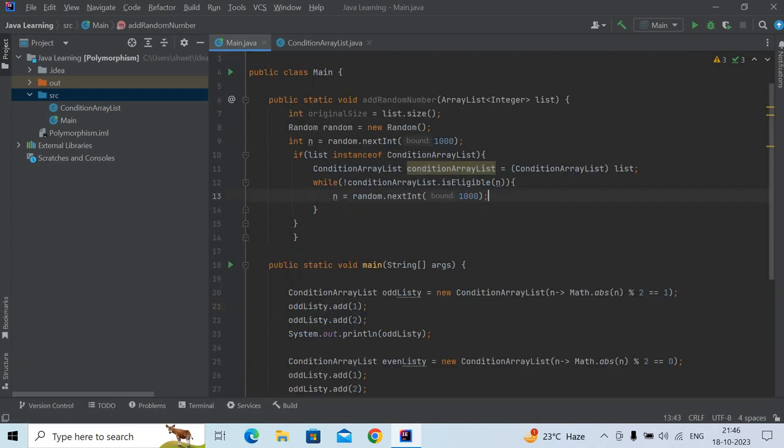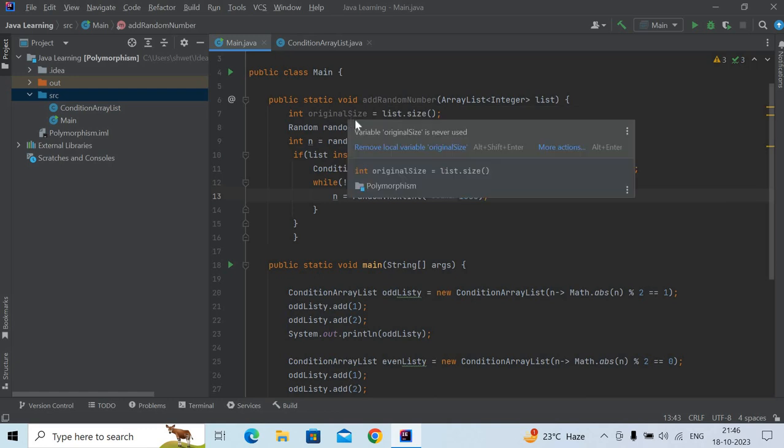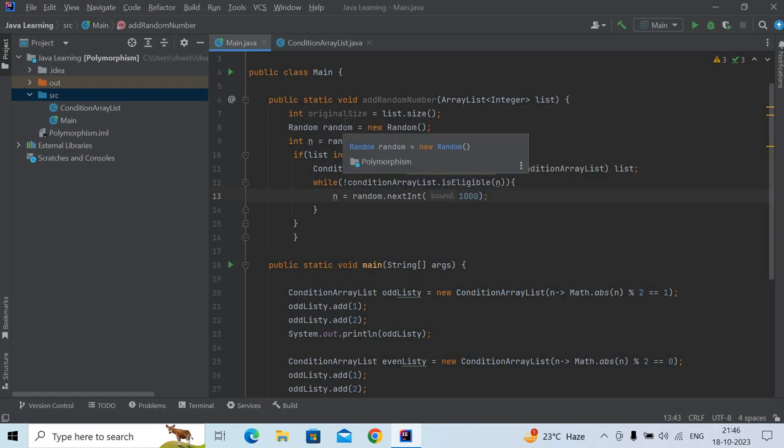Now, sometimes we might want to access a specific form of a given instance if it has a unique behavior. In our add random number function, we use the size of the list in order to determine if a number has been added. What if this method is overridden and doesn't act as expected? To ensure an item is eligible before adding it, we should use the predicate in our condition array list. However,